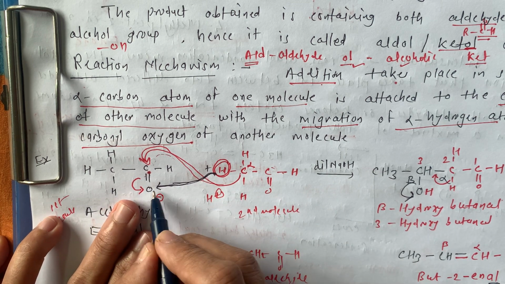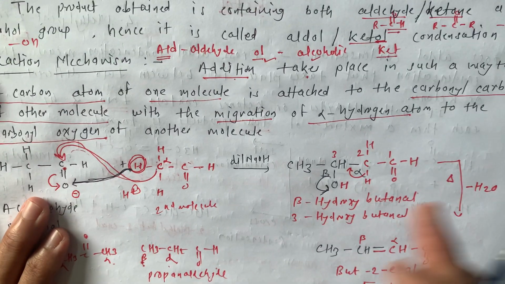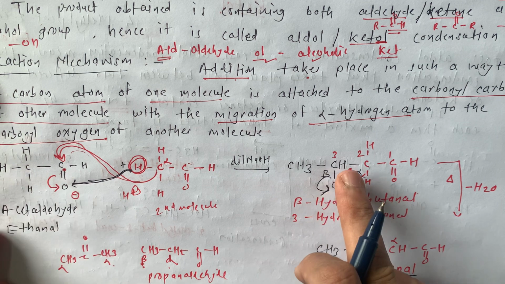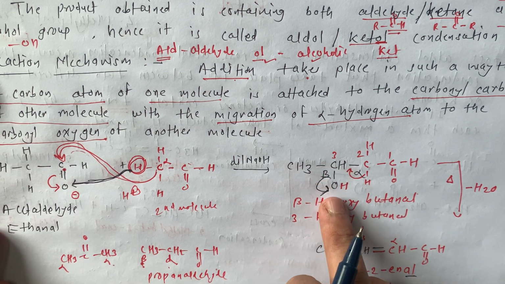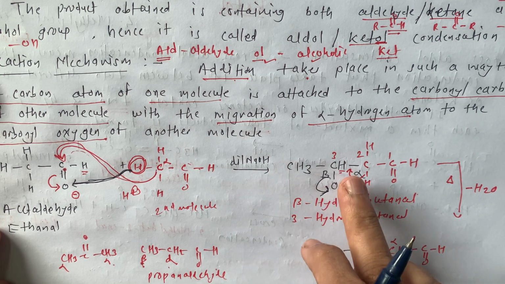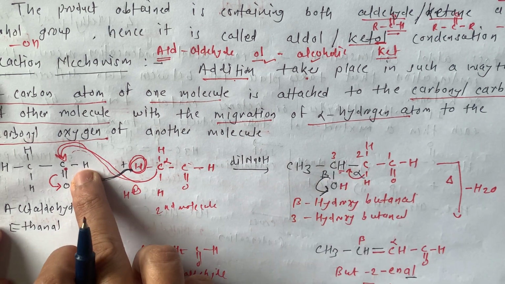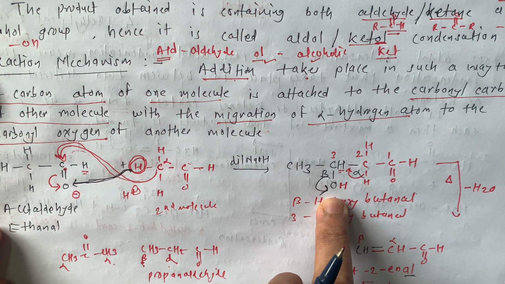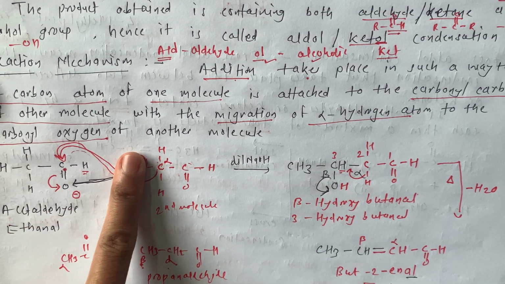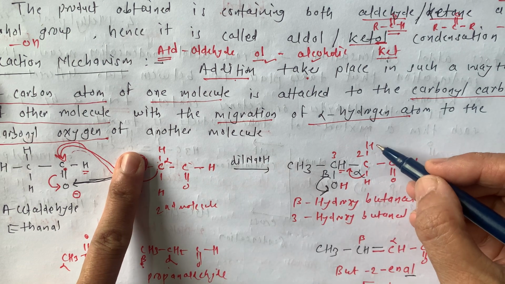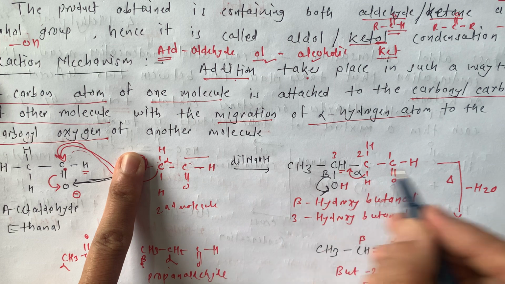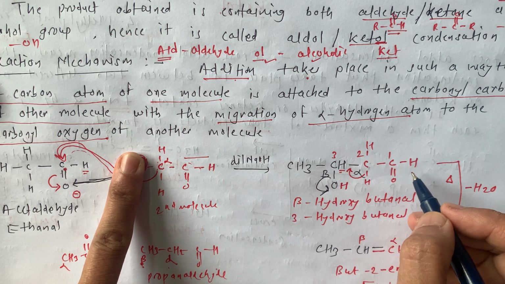Then it is going to react with this oxygen, and there is formation of OH. C double bond O is converted into C-OH. This is the remaining hydrogen here, which is as it is. Okay, there is formation of OH. Now, when we abstract this hydrogen, then two hydrogens are remaining. So I am going to write here the two hydrogens like this, and the remaining aldehydic functional group is here, C double bond H.